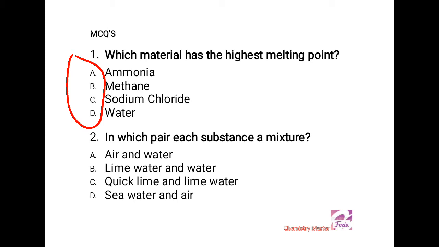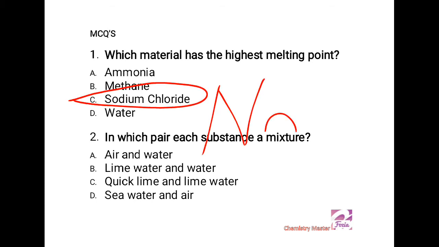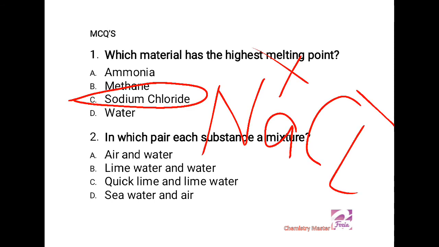The only option is sodium chloride, which is made up of oppositely charged ions. You know, sodium is a positive ion and chloride is a negative ion. Due to the strongest force of attraction between the ions, sodium chloride has the highest